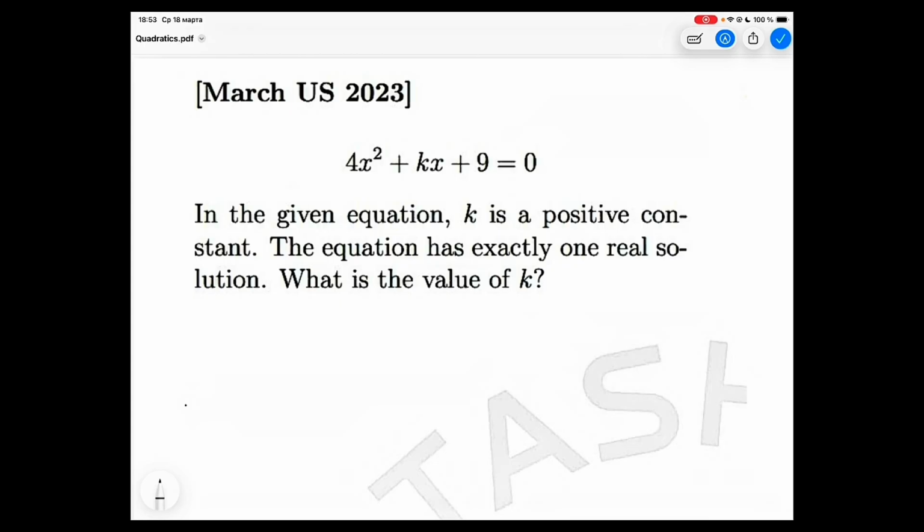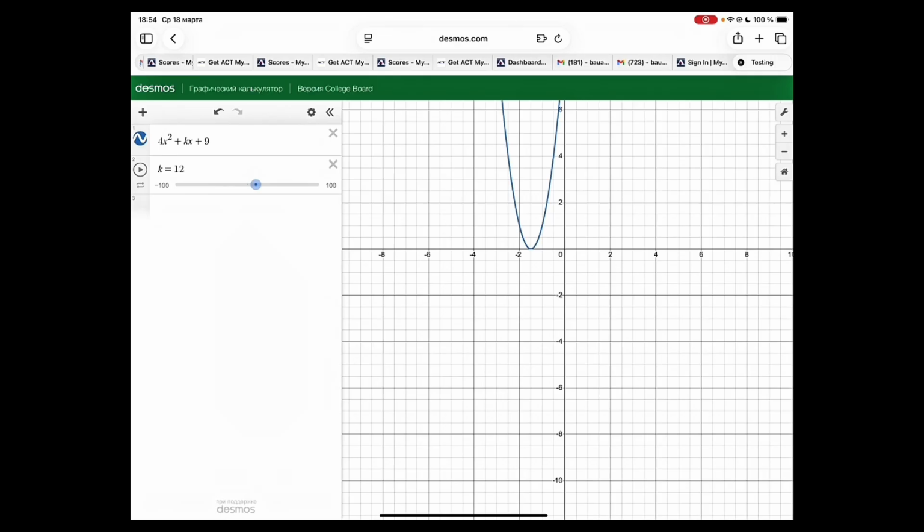Let's read the question first, and I'm going to explain that concept while I solve this question. In a given equation, k is a positive constant. The equation has exactly 1 real solution. What is the value of k? Okay, the question is basically asking about the value of k when the equation is going to have 1 real solution. Since graphically it is much better to solve with Desmos instead of just solving it by hand, I'm going to go ahead to Desmos and write down the